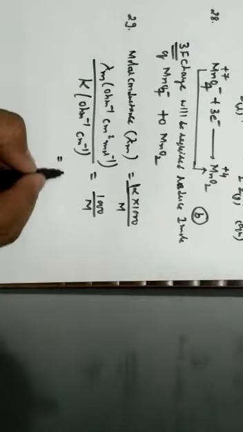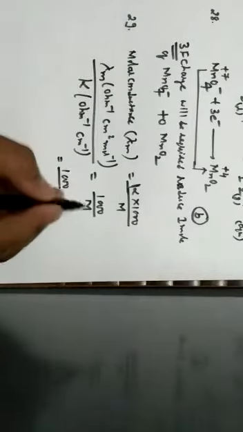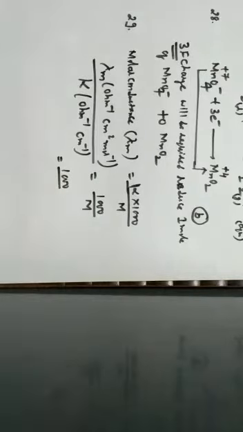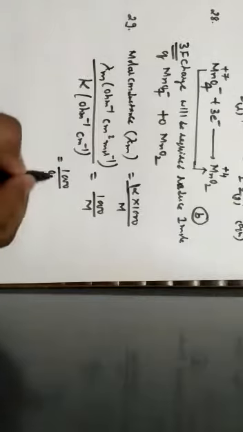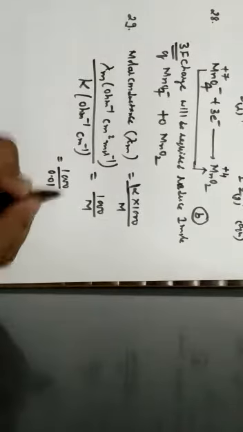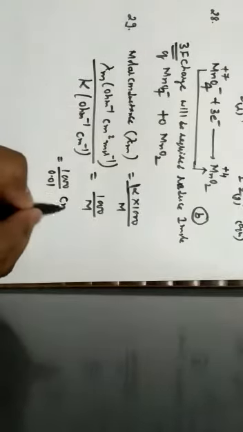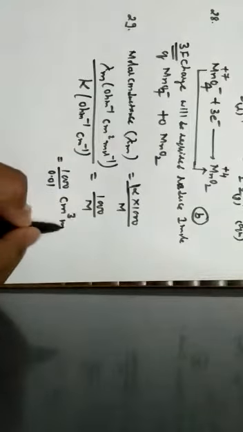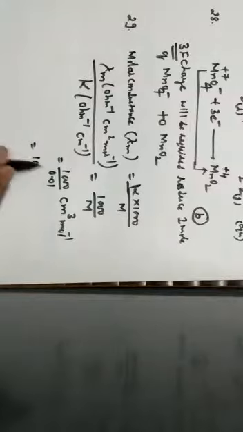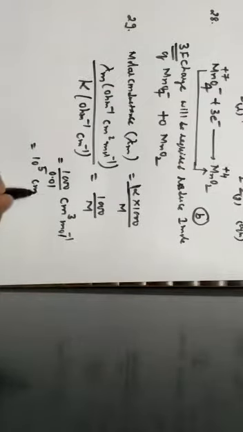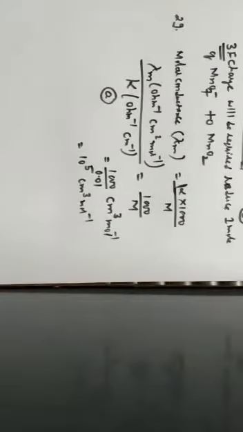Therefore, I can rewrite it as 1000 divided by M. What is M here? In the given question, it is the specific conductance of 0.01 molar NaCl. So molarity is 0.01 molar NaCl. Per ohm gets cancelled. It is left with centimeter cube per mole. Therefore, this can be rewritten as 10 to the power of 5 cm cube per mole, which is given by the option A. Next one, question number 30.